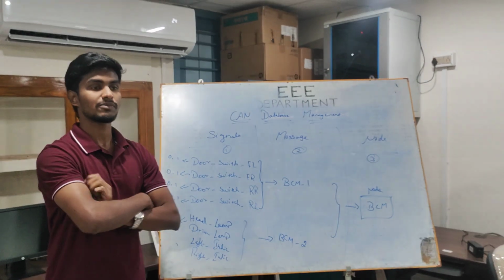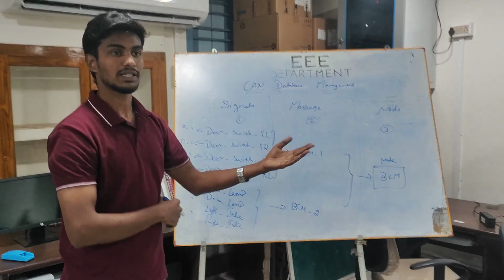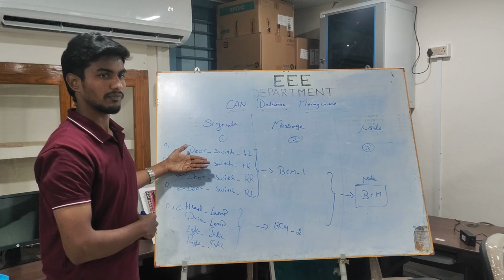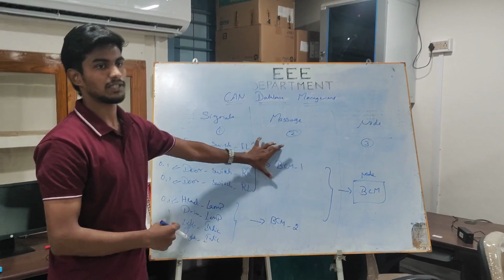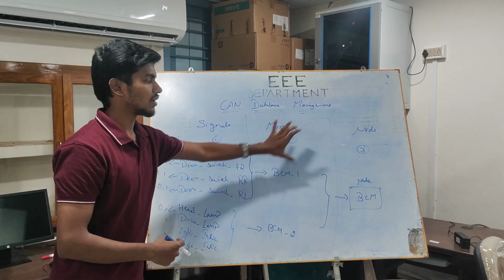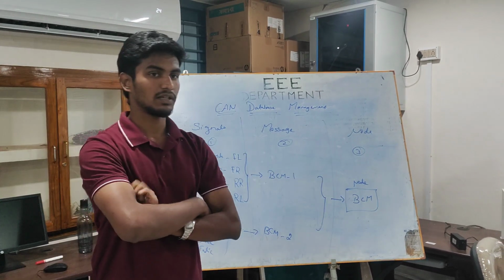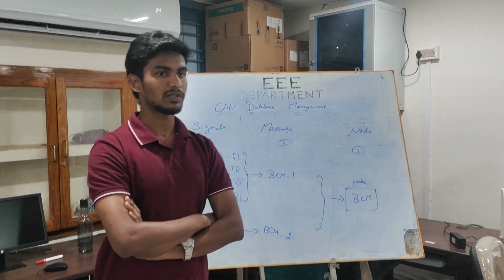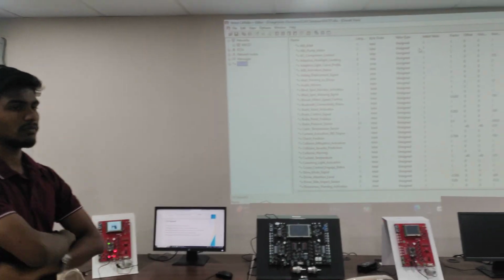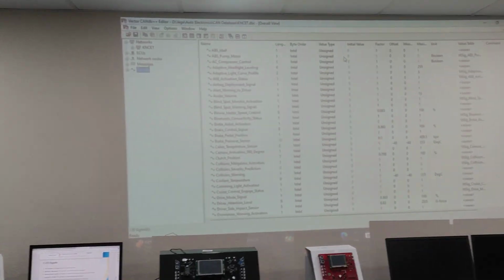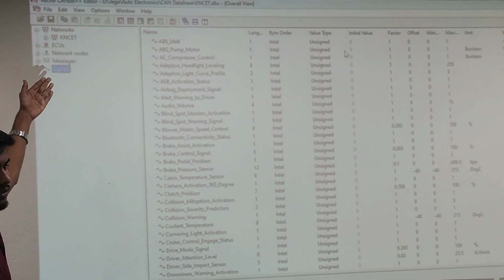Based on our signals and our ranges, the signal ranges and everything we want to mention go in the signal creation column. Afterwards we associate the signals with messages. After the messages, we associate which node will transmit and which node will receive. So this is called CAN database management. The same list we are going to execute in our Vector CANdb++ software: signals, messages, network nodes.